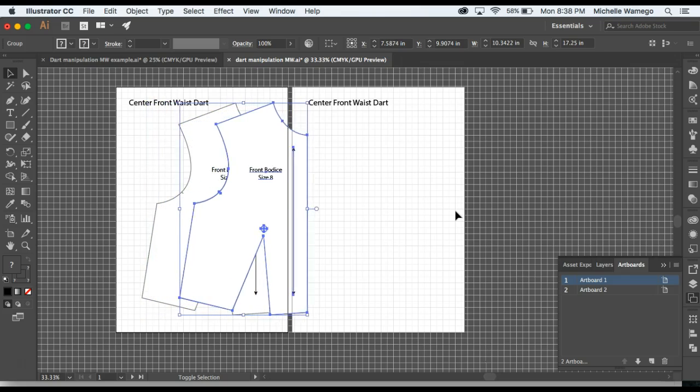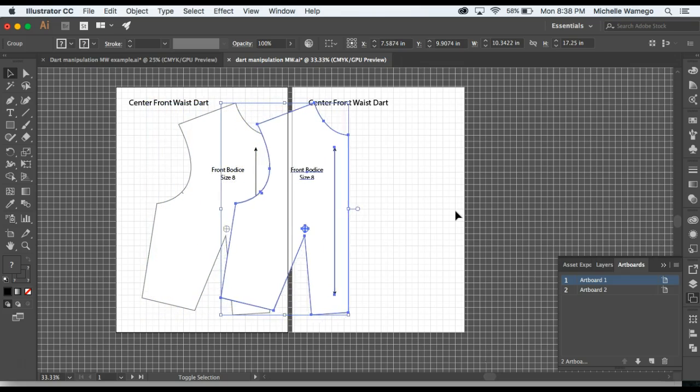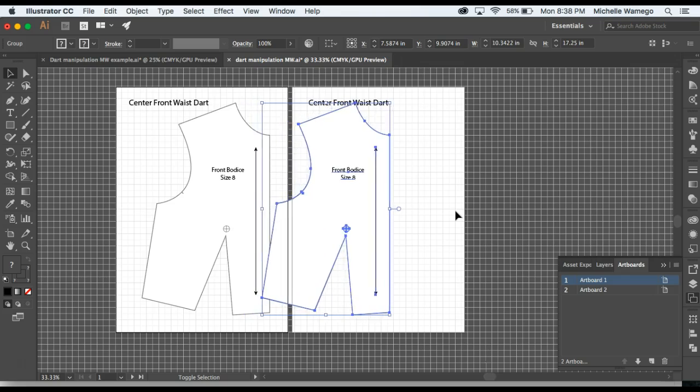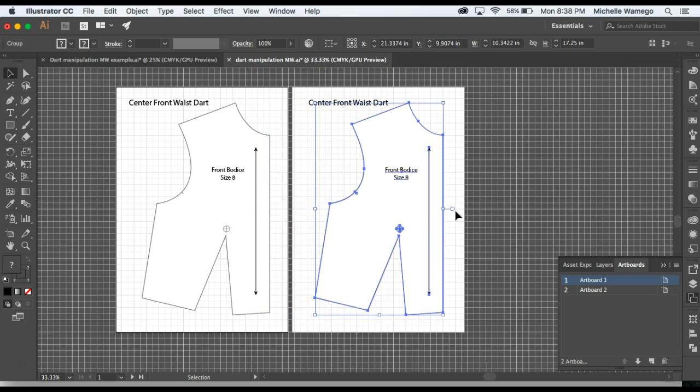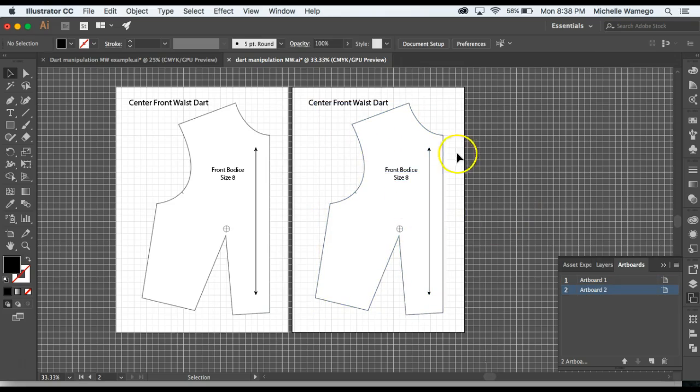This way I do not continue to make copies, but I will continue to move my front, keeping it level by using my arrow keys straight over to the next artboard. Now, another way to repeat an artboard is to actually just duplicate one, and up here in the right hand